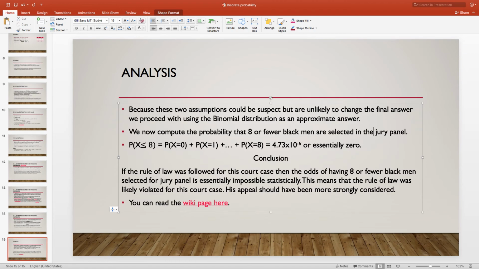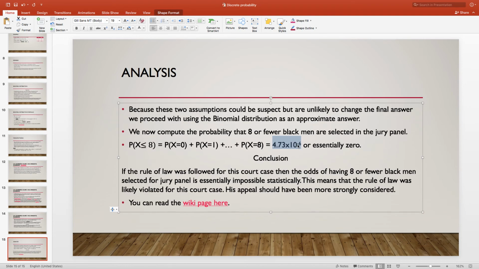Now, what I conclude from this is that if the rule of law was indeed followed for this court case, the odds of having 8 or fewer Black men selected for jury panel is essentially impossible statistically. And it means that it was likely violated. And that is the conclusion. Now, I'm going to show you how we calculate this probability,